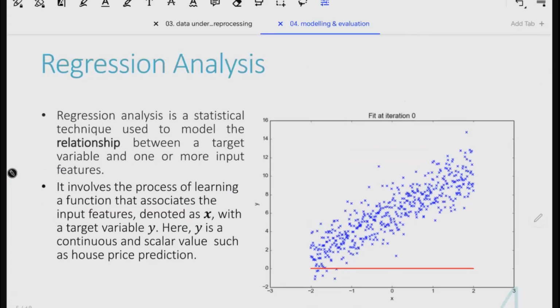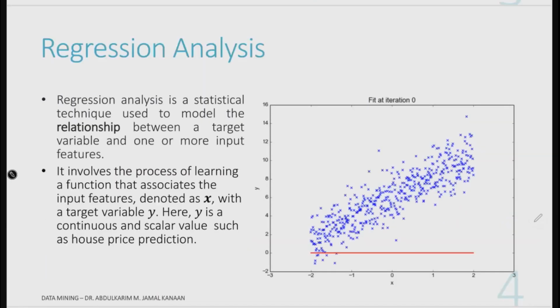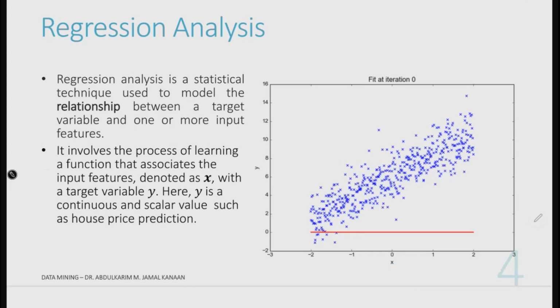So here is about regression analysis. Okay. So regression analysis, what's it going to do? Regression analysis is a statistical technique used to model the relationship between a target variable and one or more input features. So you're looking for the relationship, or the mapping function, that explains the relationship between the target